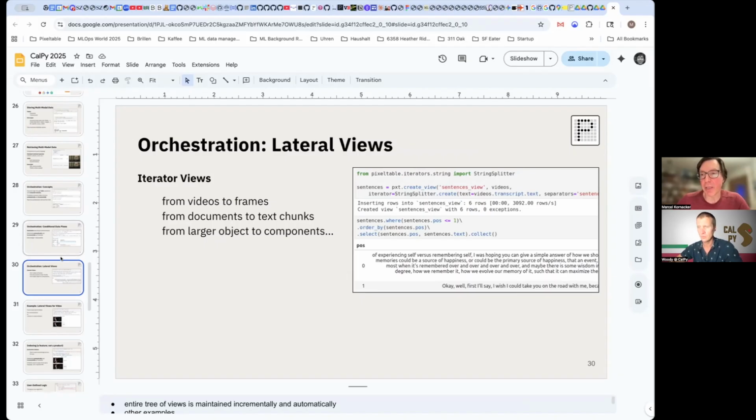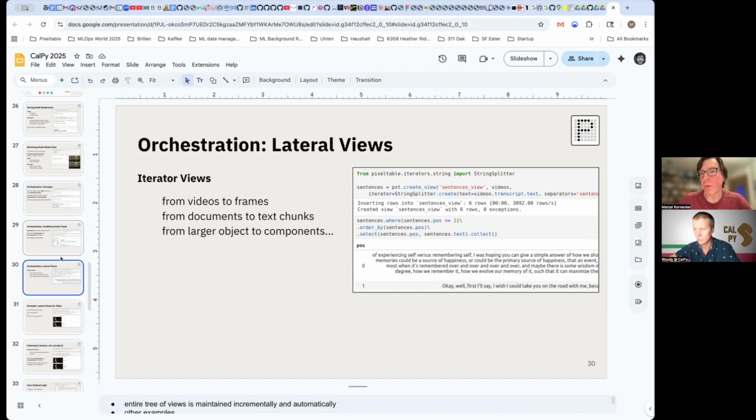Pixeltable comes with a bunch of prepackaged functionality, but it is not limited to that. If you have a specific application and you need to break up text messages in some particular form, and you understand how you need to do that, you can simply write that as your own user-defined iterator and then utilize it in this context. So you are not limited by Pixeltable's built-in functionality.